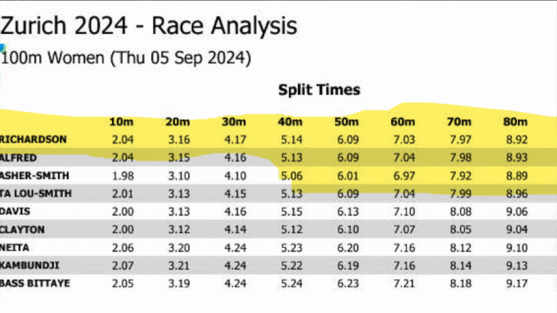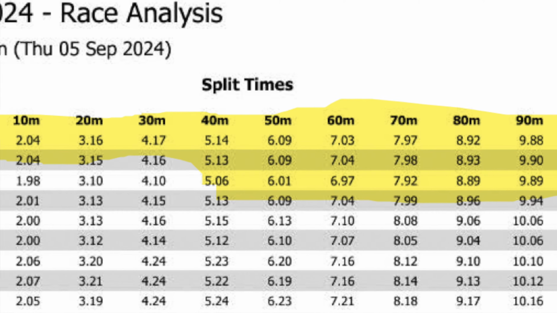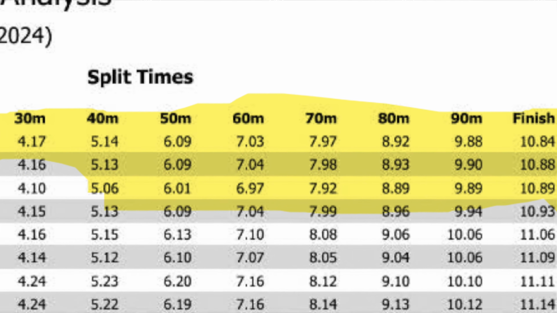Julien Alfred was out in front of Sha'Carri. Dina Asher-Smith was obviously way out in front of her. At the 40-meter mark, Sha'Carri Richardson was at 5:14. Julien Alfred was at 5:13, so she was winning. The main thing that we wanted to be able to see, though, is what allowed Sha'Carri to be able to